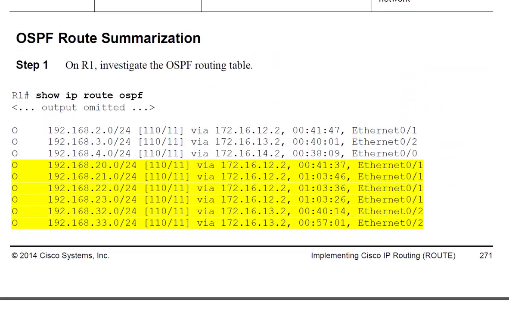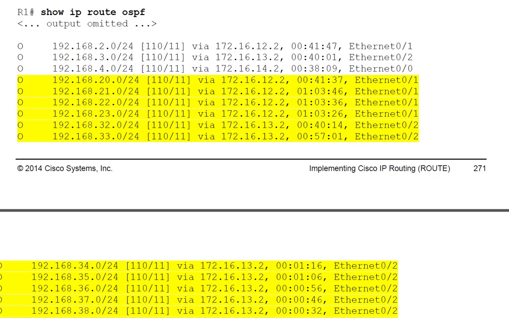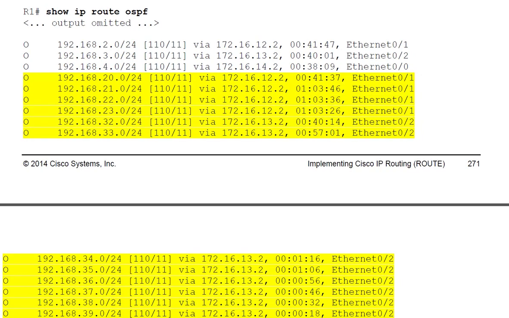All right. So in step one, we'll look at router one. Now, router one is not going to have any O IA routes. Why would router one not have any O IA routes? It's the ABR. It's a member of all of the different areas. So it's not going to have any O IA routes because it's the ABR. It's a member of all the other areas. So if I go into router one,